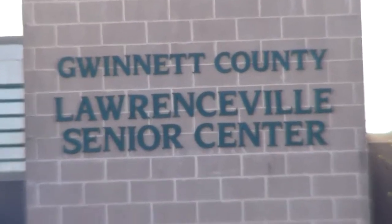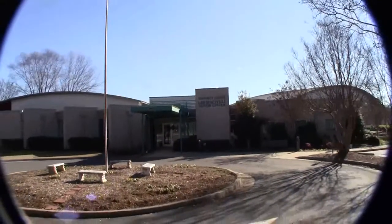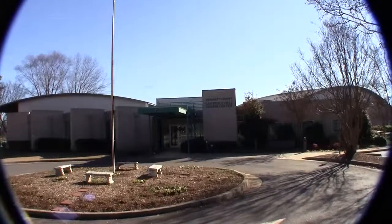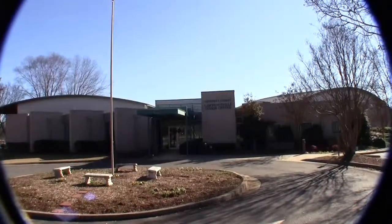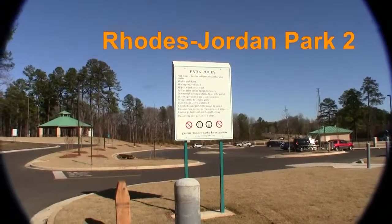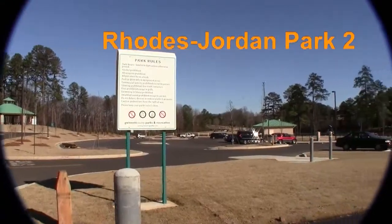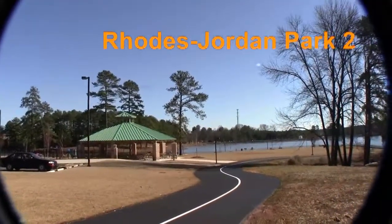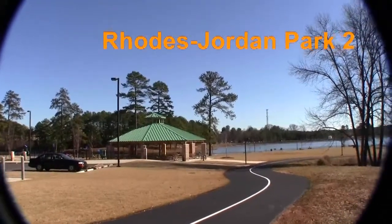This is the Lawrenceville Senior Center that we will return to shortly. But we will begin our walk here in the parking lot in front of the Lawrenceville Senior Center today. Here's the park rules that are posted here in the back of the parking lot. Now we're going to start a walk right here, and we're going around this new pavilion by the